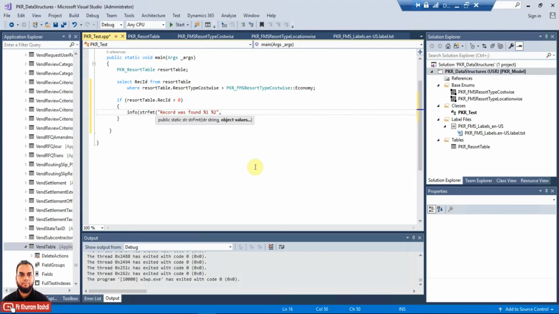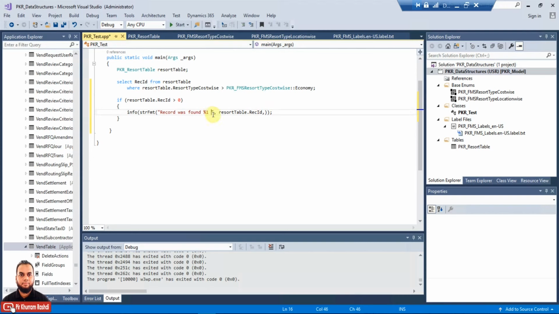Since I have already selected a rec ID value, I need to just pass that rec ID here. It is simple. Since there is no other parameter, otherwise I could have separated with a comma and put another field, and it would have been concatenated in %2.